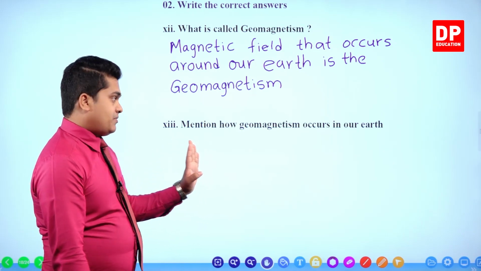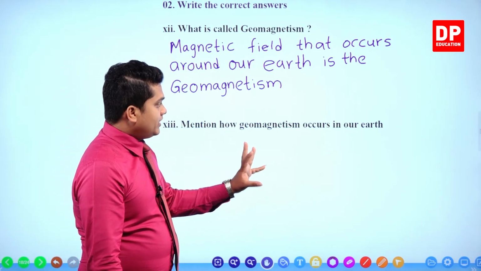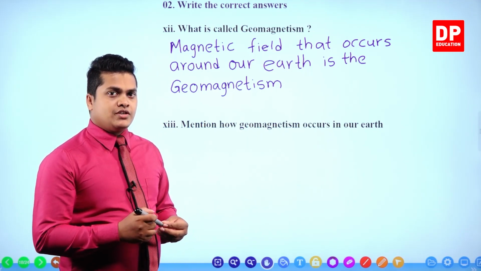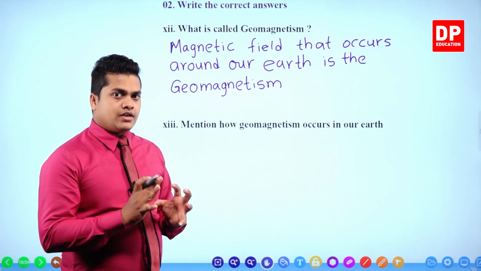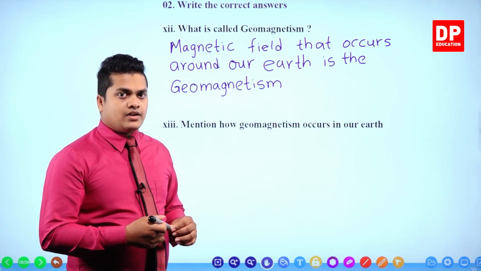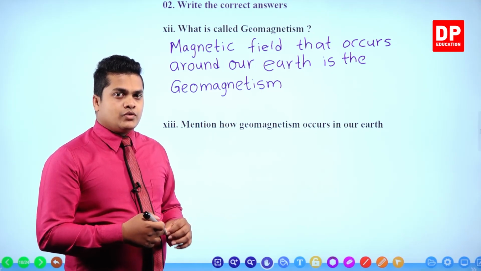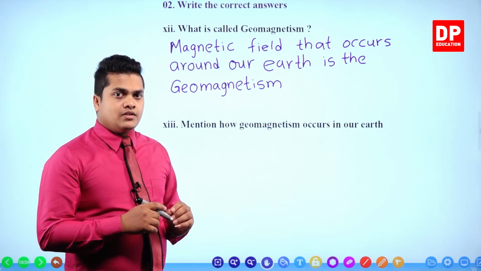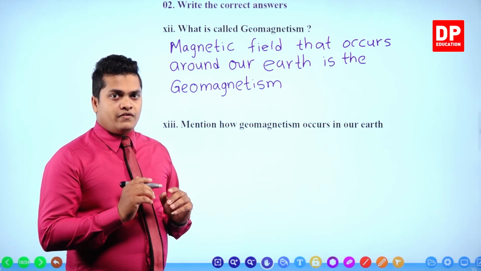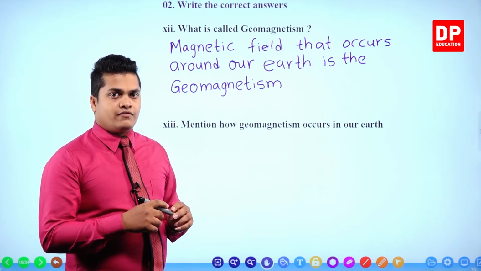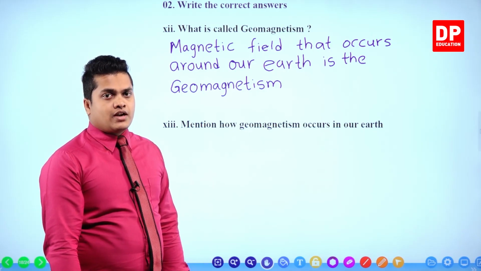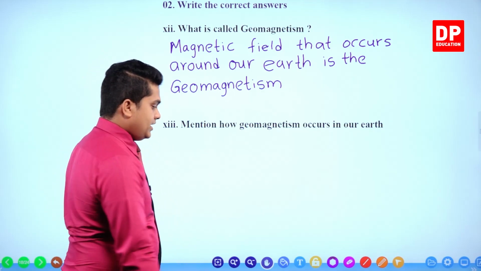In the next question, question number 13, mention how geomagnetism occurs in our earth. It occurs due to circulation of liquefied metal around the core of the earth, which results in electric currents. Due to the electric currents resulting from the flow of liquefied metal around the core of the earth, the geomagnetism or the magnetic field around the earth results. So we can write: